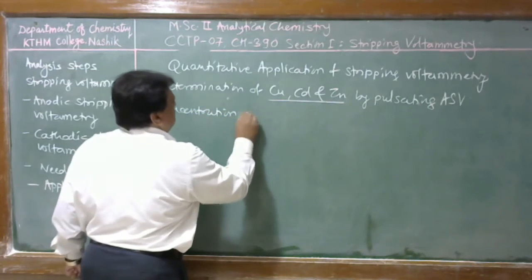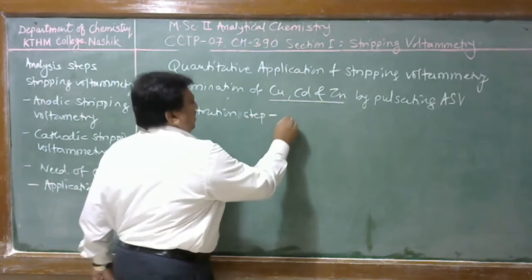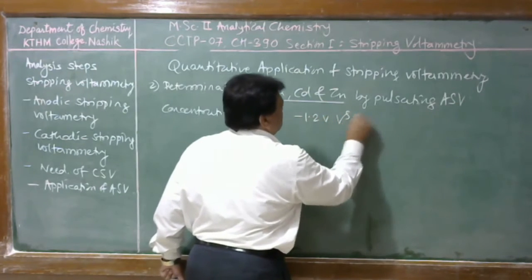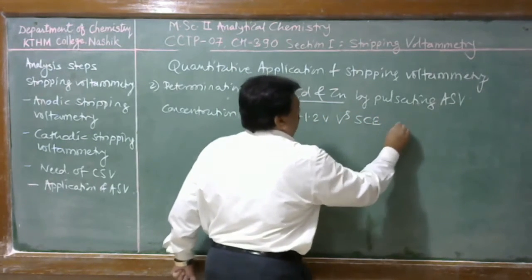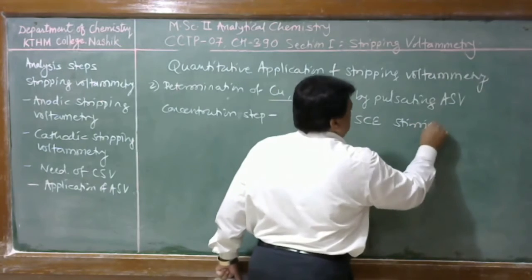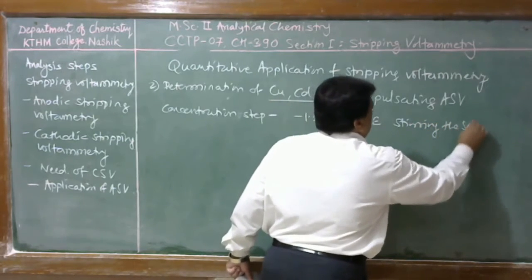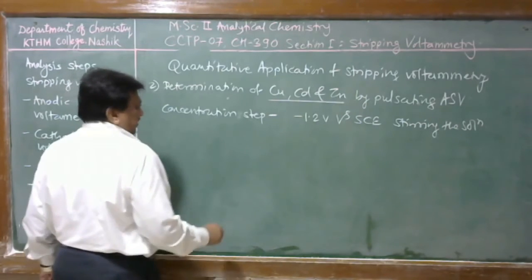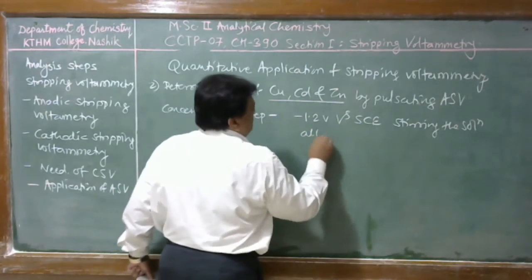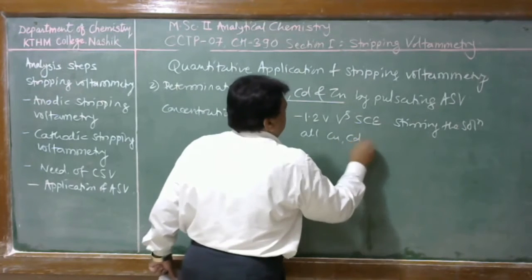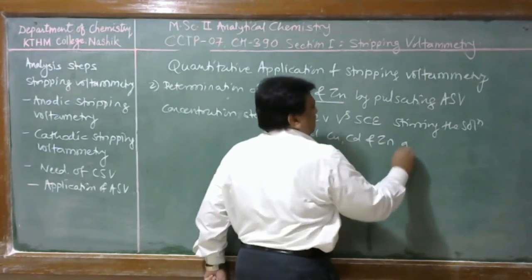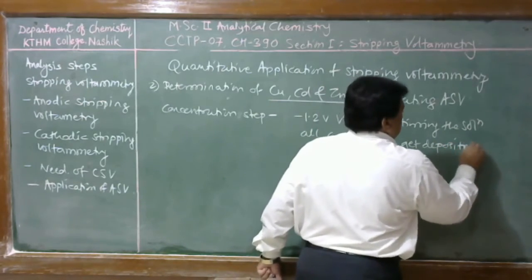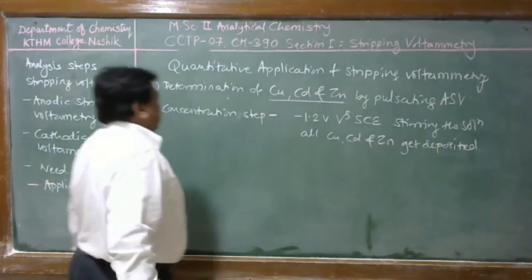is carried out at potential minus 1.2 volt versus saturated calomel electrode with stirring the solution, so that all metal ions including zinc get deposited. Therefore, all copper, cadmium and zinc get deposited. In stripping step,